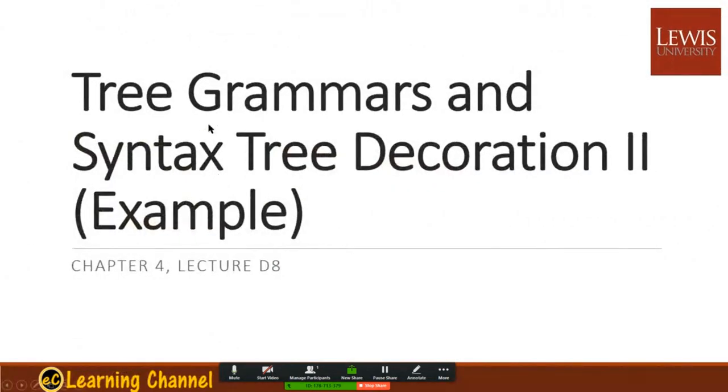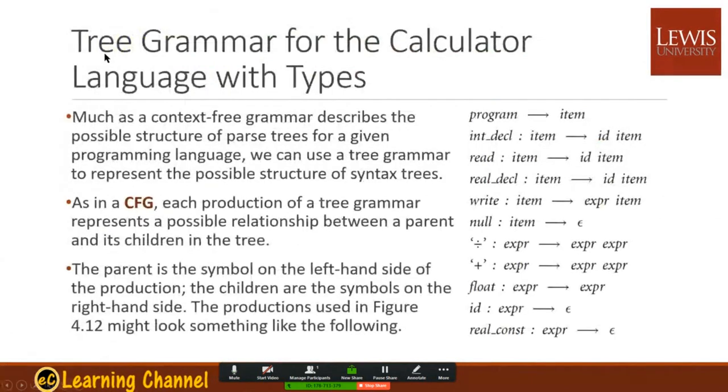So here is one example: tree grammar and the syntax tree declaration. A real example: the tree grammar for the calculator language with types. We have defined that context-free grammar describes the possible structure of a parse tree for a given programming language. We can also use tree grammar. And how much different is tree grammar from context-free grammar? Actually, I personally believe it's similar, the same. It's actually talking about abstract syntax tree grammar. So it's a terminology, and we know the GCC compiler uses a different set of